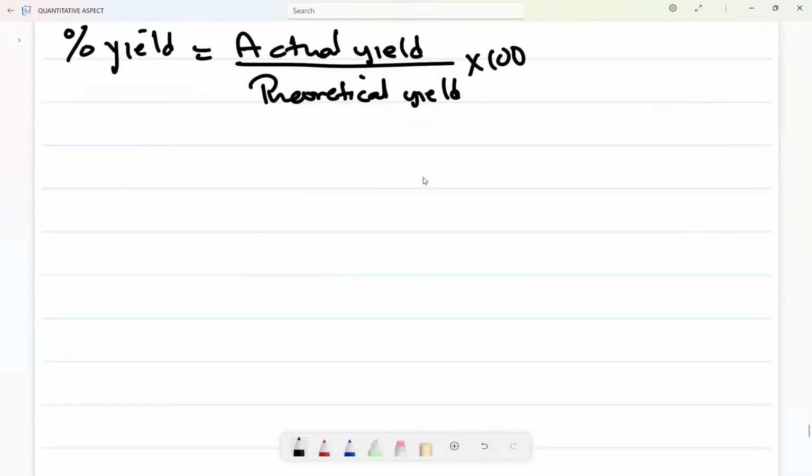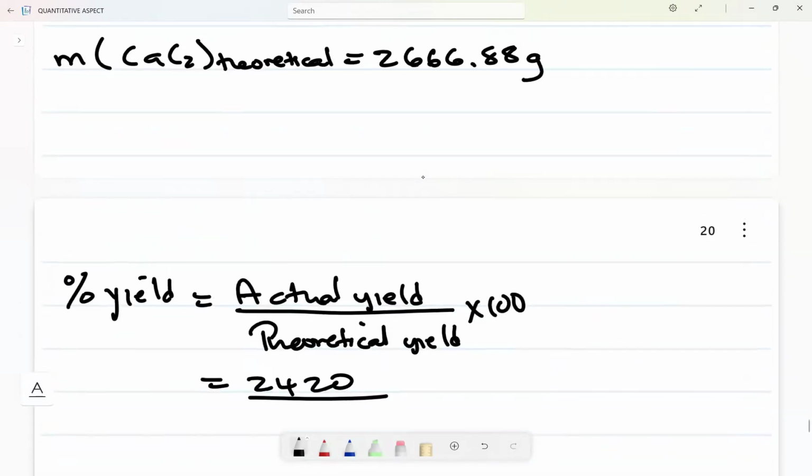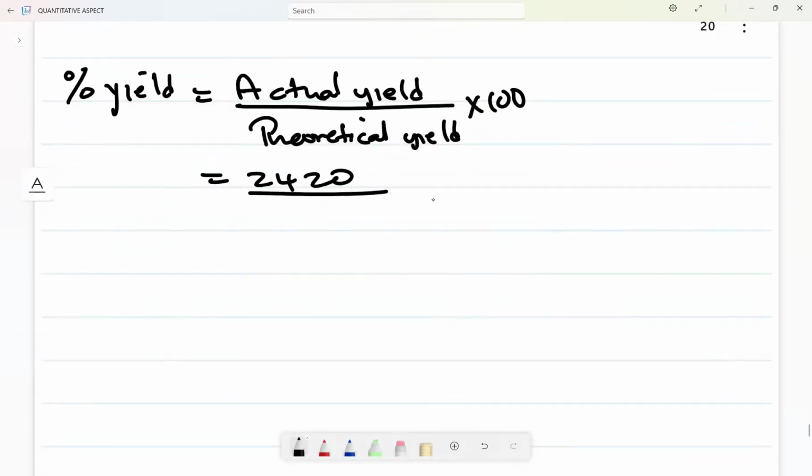So the actual is 2420 grams divided by the theoretical, the one you just calculated, 2666.88, and then I multiply that by 100. Then you get something very beautiful, something like 90.74